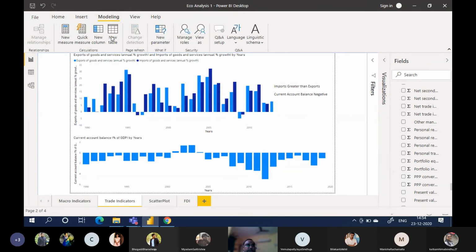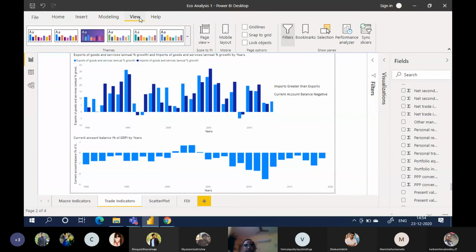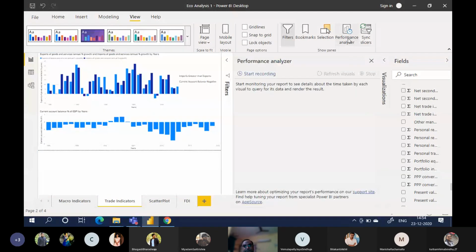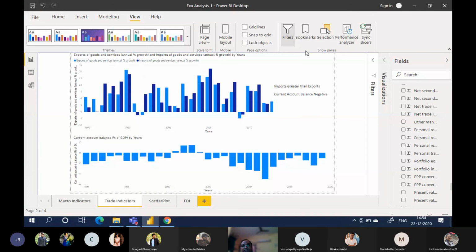Modeling, what are there? New table, new column, new parameter, view, no. Performance analyzer. Okay, this is internal performance analyzer. Mobile layout, page view.